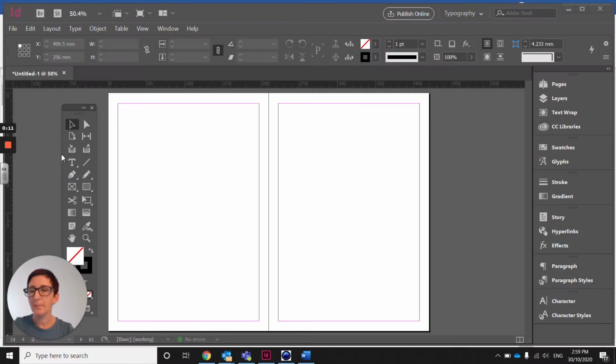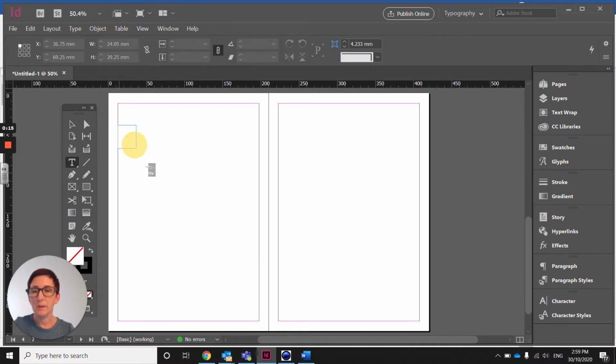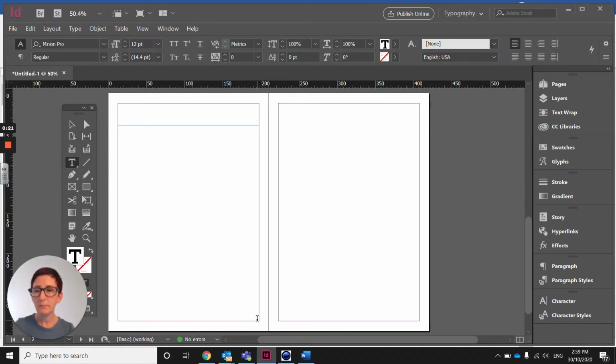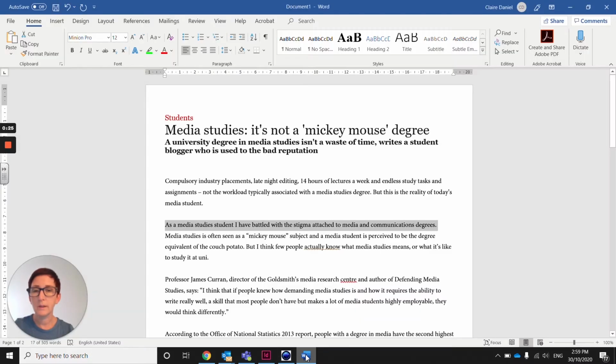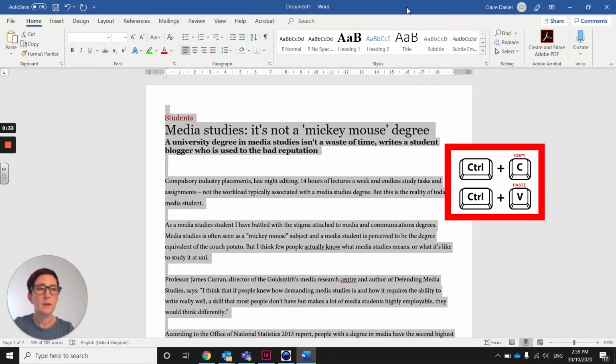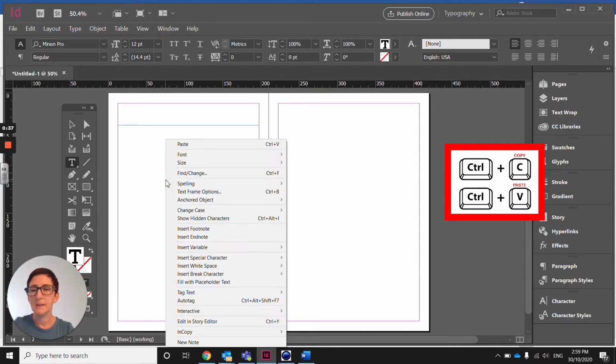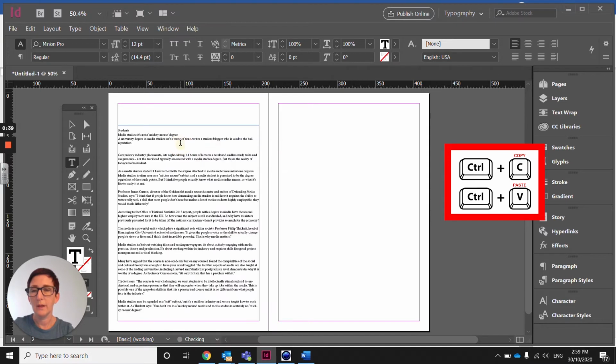So let's start. We're going to start by creating ourselves a text box. So click and drag, and this text box I'm going to make the whole size of this first page here. Now you should have written an article in Word. So I'm going to come to Word and select all, Control A, and I'm going to copy it, Control C, and then I'm going to come back into InDesign and I'm going to paste it, so Control V,